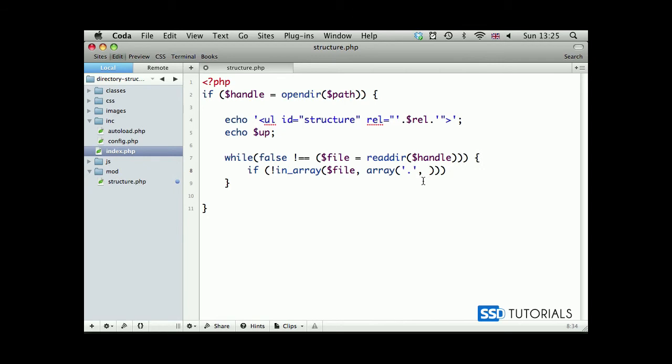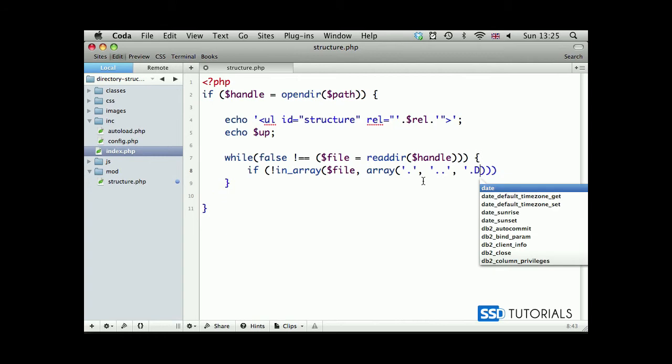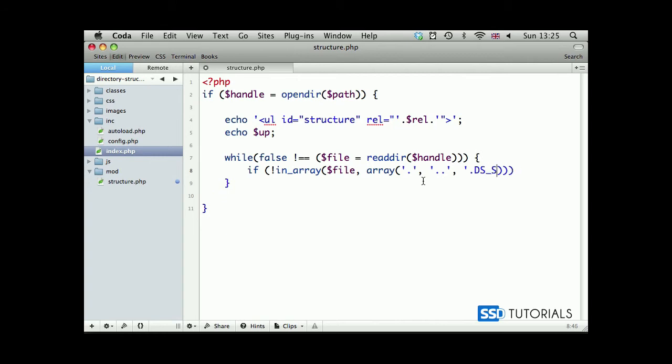in this directory. Then two dots, then we have things like .DS_Store, which are created by some applications. Coda, for instance, generates this kind of file. Then we have nodes, which are generated, I think, by Dreamweaver as well. Then we have thumbs.db. We basically don't want these files to be shown. So if the name of the file or directory isn't in this array, then what we're